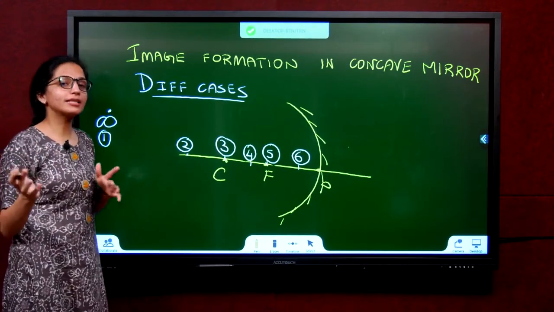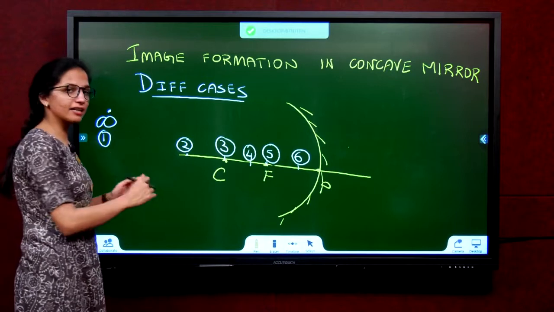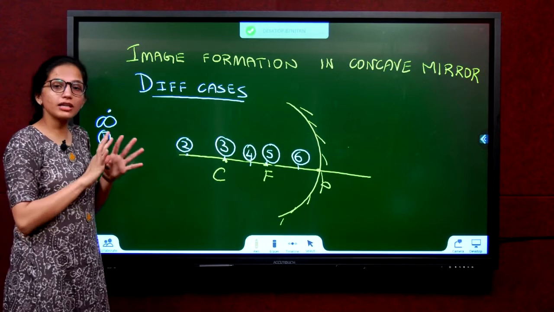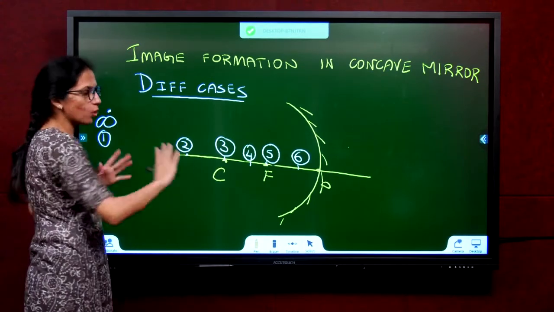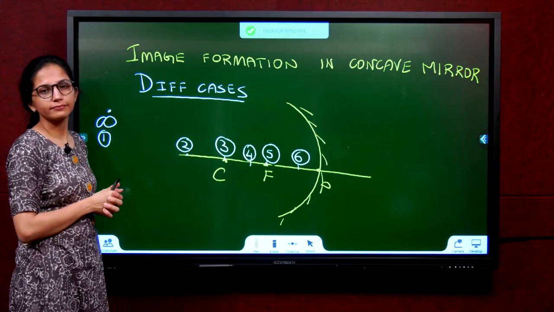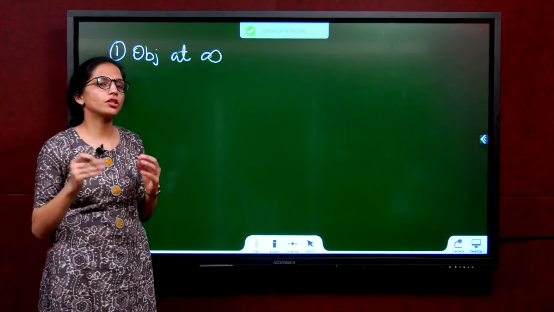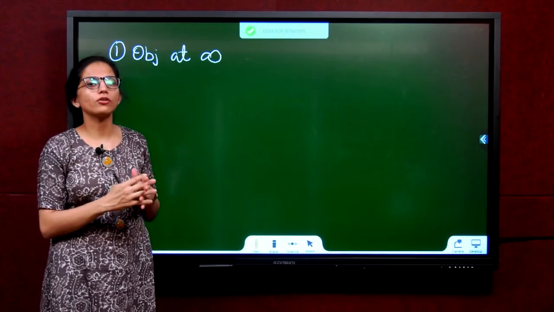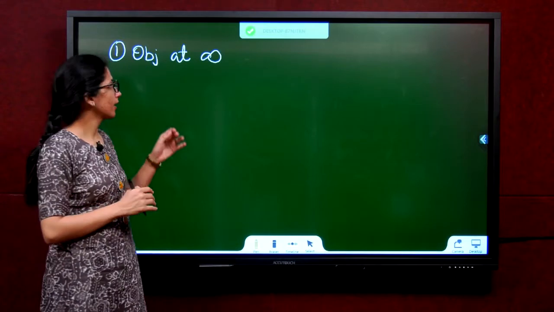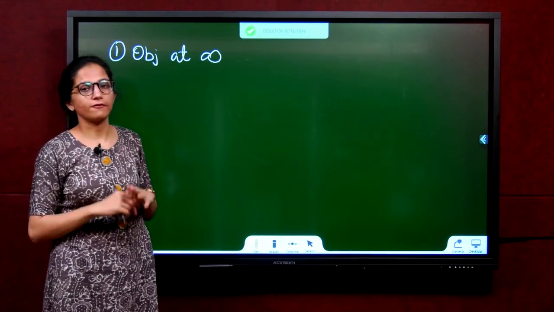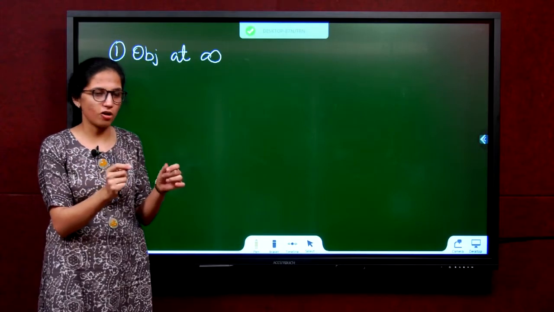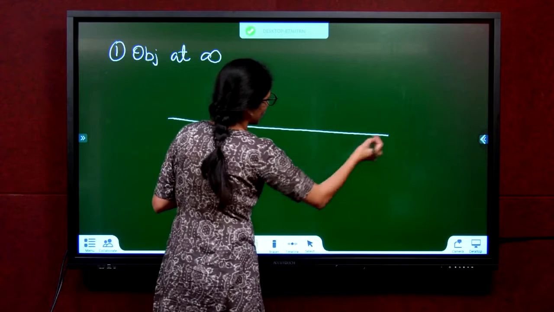After we do all the 6 cases, we will come back and fill this diagram and see where the image forms. Easy. You have a table in your textbook. You don't need to learn it by heart. I will teach you how to learn this one diagram and know the table without learning it by heart. So for ray diagrams, I will mention the following measurements in this video. You have to follow the same measurements for the corresponding ray diagrams. Okay. So first case, object at infinity. First, all of you please take your compass and measure approximately 4 centimeters on the compass. Draw a straight line.